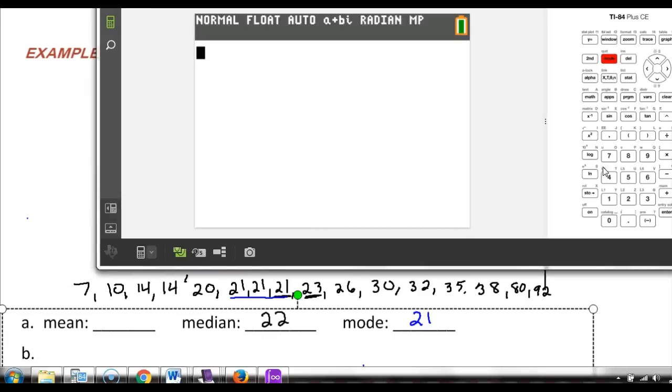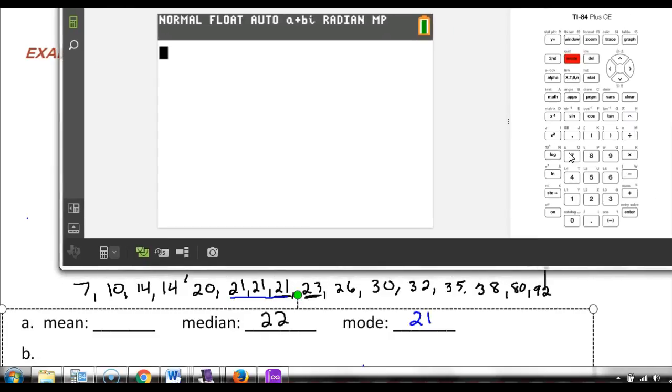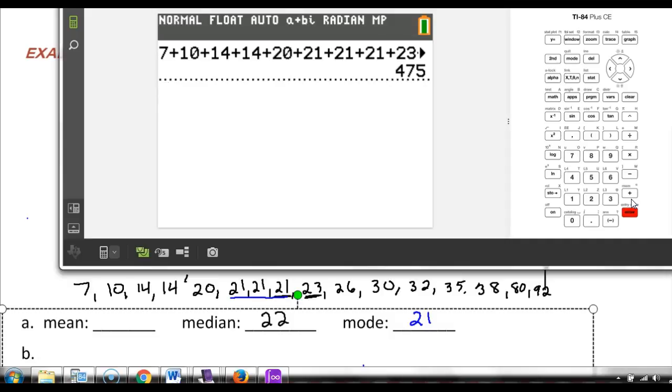Remember, finding the mean just means adding all of them up. So I'm going to move this over just a little bit so we can see the entire thing. So I've got 7 plus 10 plus 14 plus 14 plus 20 plus 21 plus 21 plus 21 plus 23 plus 26 plus 30 plus 32 plus 35 plus 38 plus 80 plus 92. All right, so I get 475, and is that my mean? No, of course not. I have to take that number and divide it by 16. And I get an answer of